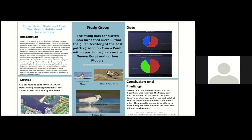The snowy egret and the plovers did not, within the given time frame, avoid each other. They actually seemed to coexist very well in the time that I studied them. They did not really avoid each other. There was no animosity between the birds. As I stated before, the black-bellied plover and the semipalmated plover interacted very well. I think they're friends. So I believe they had not much trouble interacting with each other. So yeah,